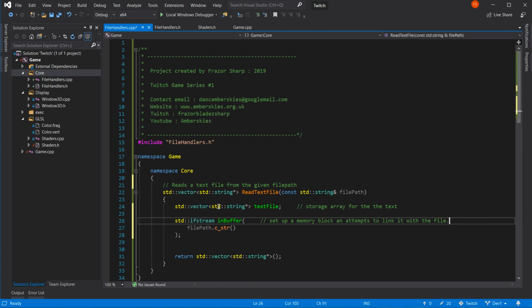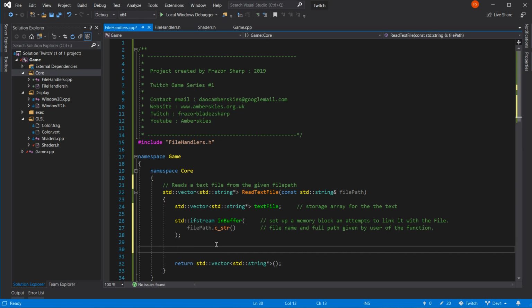And this will just be the file name and full path given by the user of the function. That's a better way of describing that one. Magic. Let's carry on then.